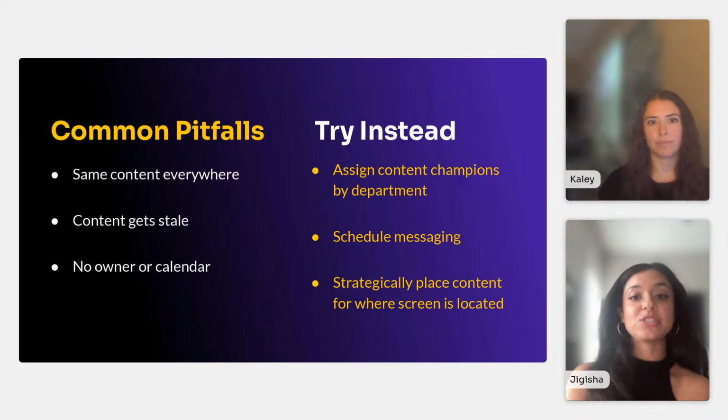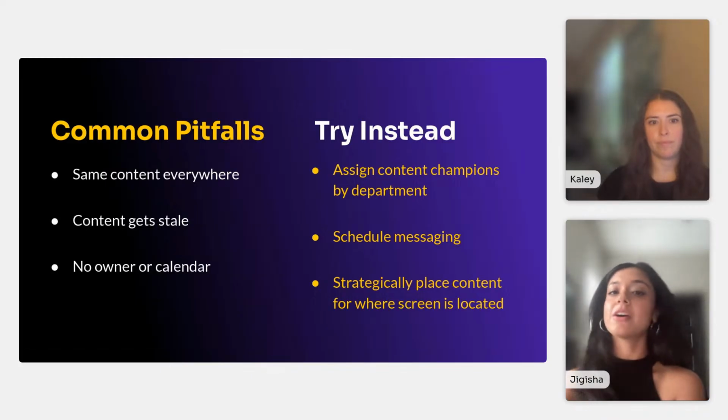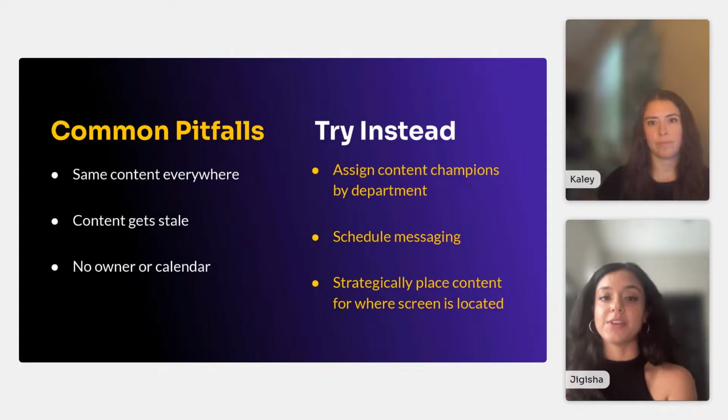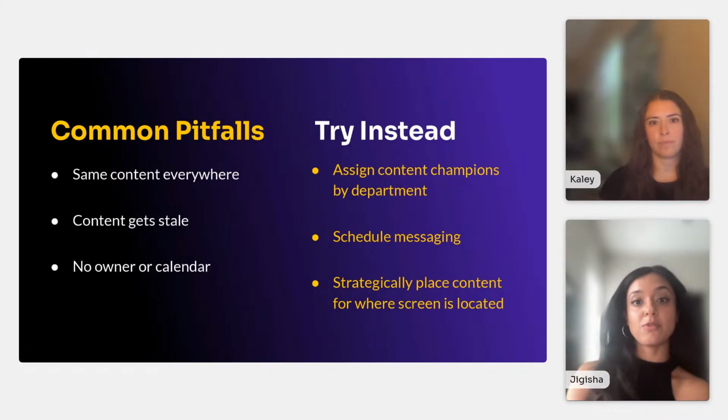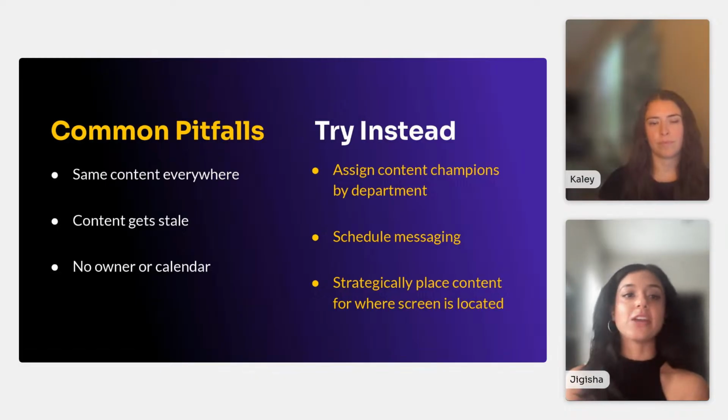And then lastly, strategically placing the content for this where the screen is located. So again, earlier I talked about a hallway versus a break room, but even thinking about how far the screen is from where the person is viewing it. If the screen's right in front of them at eye level, it's going to be different content from, let's say the screen is up on the ceiling in a warehouse and it can't really be near the equipment. Well, that's pretty far. And so you're not going to have a lot of words on that. You're going to go for those bold visuals and things like that. So just really ensuring that your content is relevant for where the screen is placed.